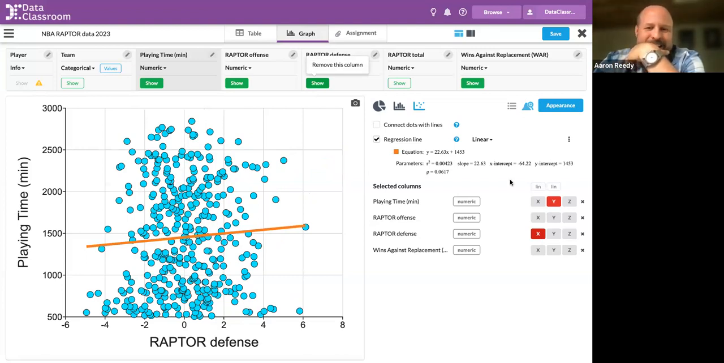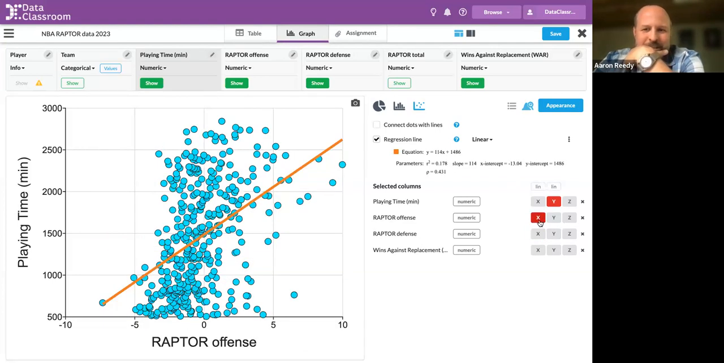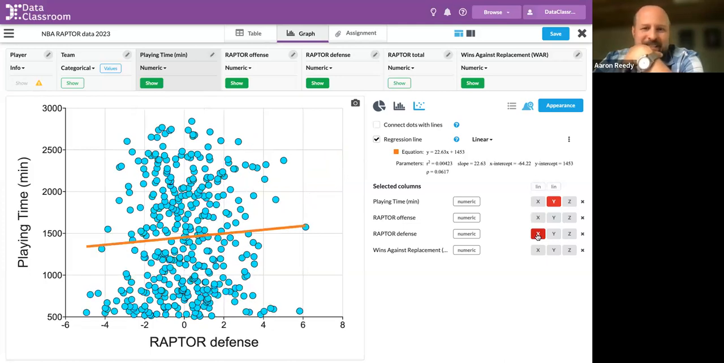One analysis that I did, I'm just going to go back and see those. Yeah, those. So a slope of 114 for the relationship with offense, and a slope of 22.6 for the relationship with defense. So it's quite a bit different. One question I did wonder about when I got this data set in front of me was just, how much more playing time do better players get than weaker players? And so I wanted to look at the Raptor total score as my predictor, and playing time as my response